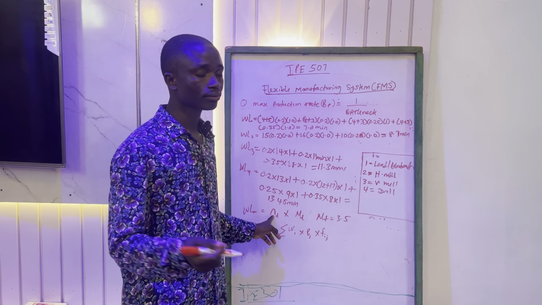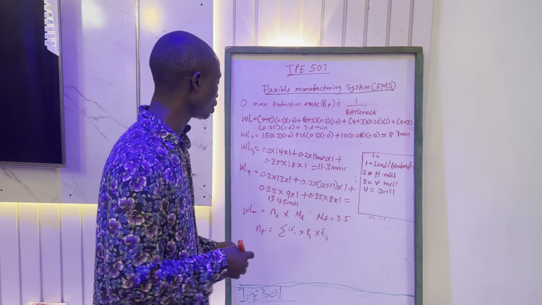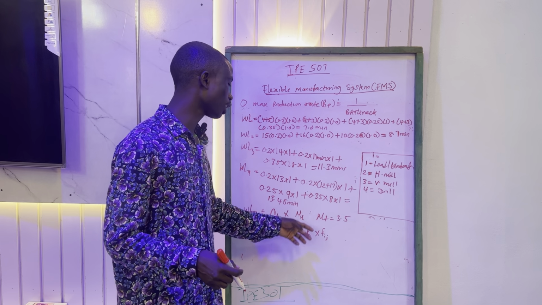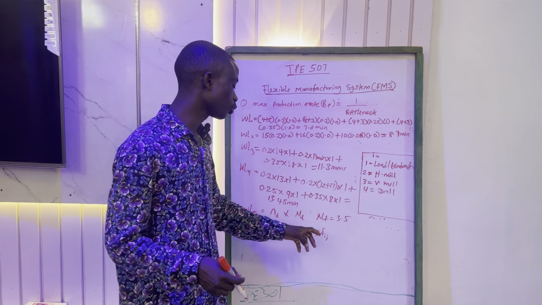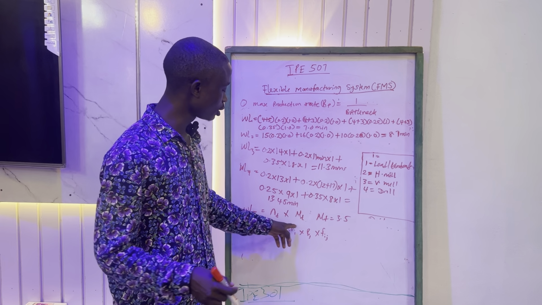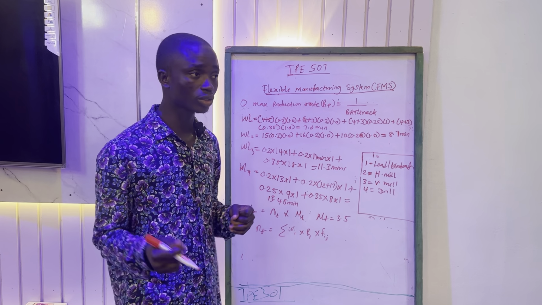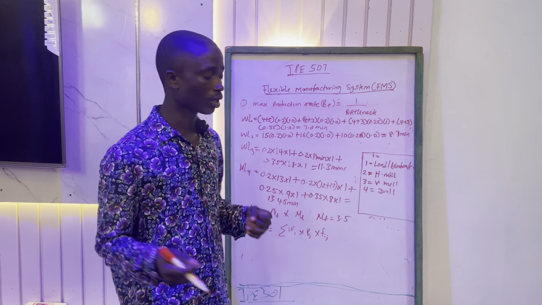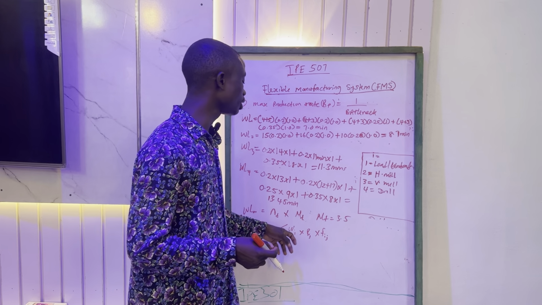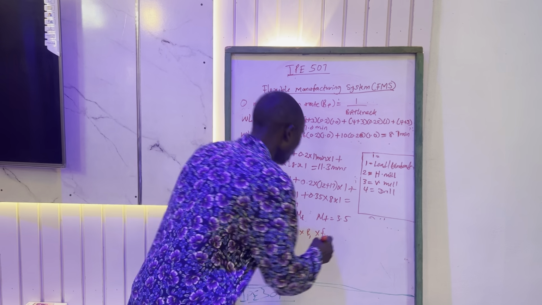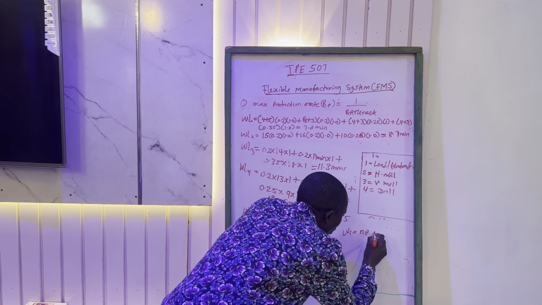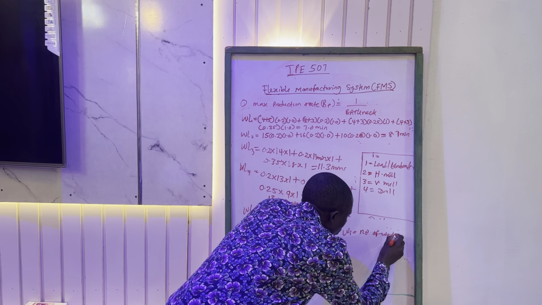So what else we need to find is the number of cycles, which is nt. The number of cycles is the summation of wi times pj times fij. I changed this to wi because initially I used si, and that si is the number of servers. So in this case, wi represents the number of workstations